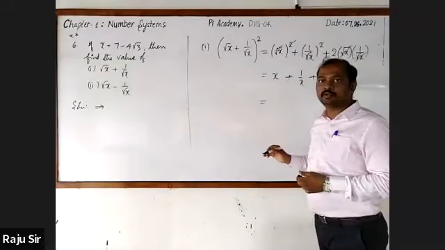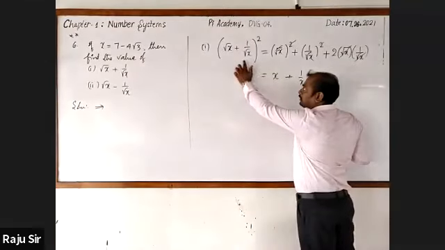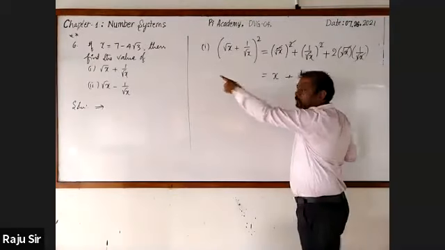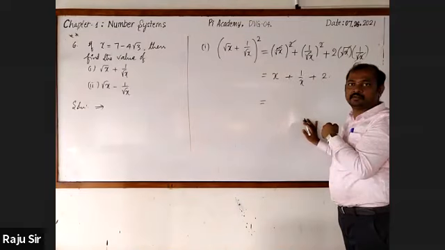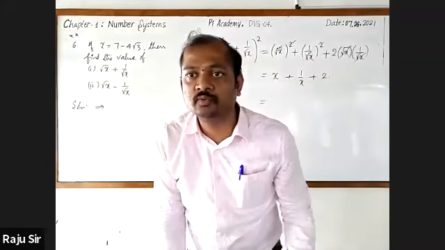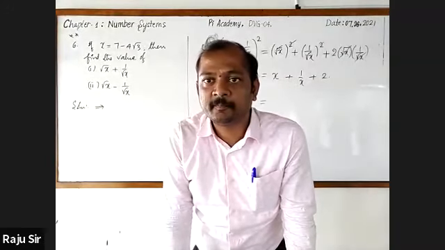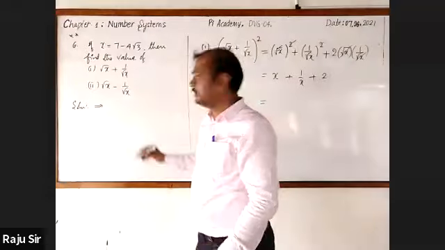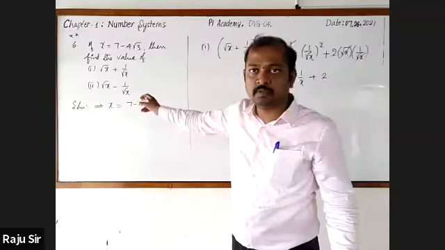Now, dear students, if you want to find out the value of this, you must know x and 1 by x. x is already given. Which is unknown? 1 by x. So first we shall find out 1 by x. Did you understand now? Yes, sir. Okay, Chandana, did you understand? Okay. Right. Now please go on writing with me. Sir, why do we take root x plus 1 by root x whole square?